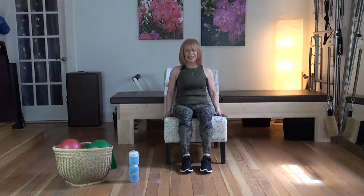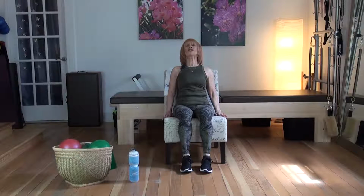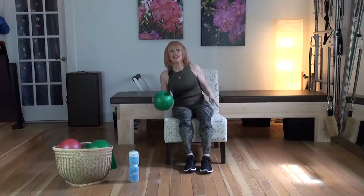Again, breathe in, extend, gazing to the ceiling, not moving your head, letting the head stay very still. Let's do one more here. Inhale, doesn't that feel good to open up your heart and your chest? Beautiful job. We're going to take the ball away. Scoot forward,